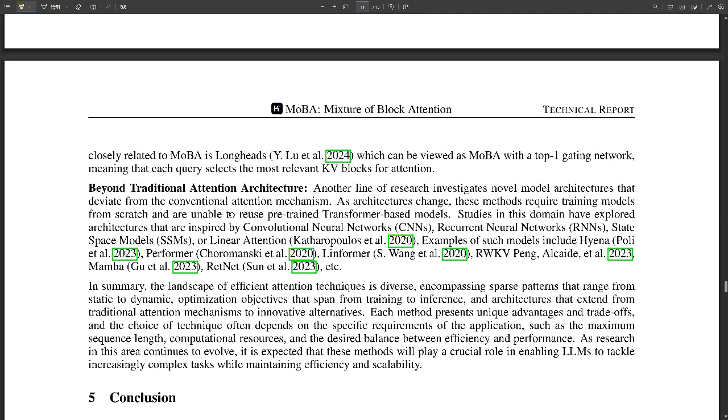It retains the ability to switch between full attention and its block-focused approach. So it can go back and forth. Similarly, attention sinks, which concentrate on a combination of initial and recent tokens. So MoBA offers a more versatile framework that can adapt to a variety of scenarios. Precisely, this flexibility is one of the reasons MoBA is so exciting. It's not just a specialized solution for long context.